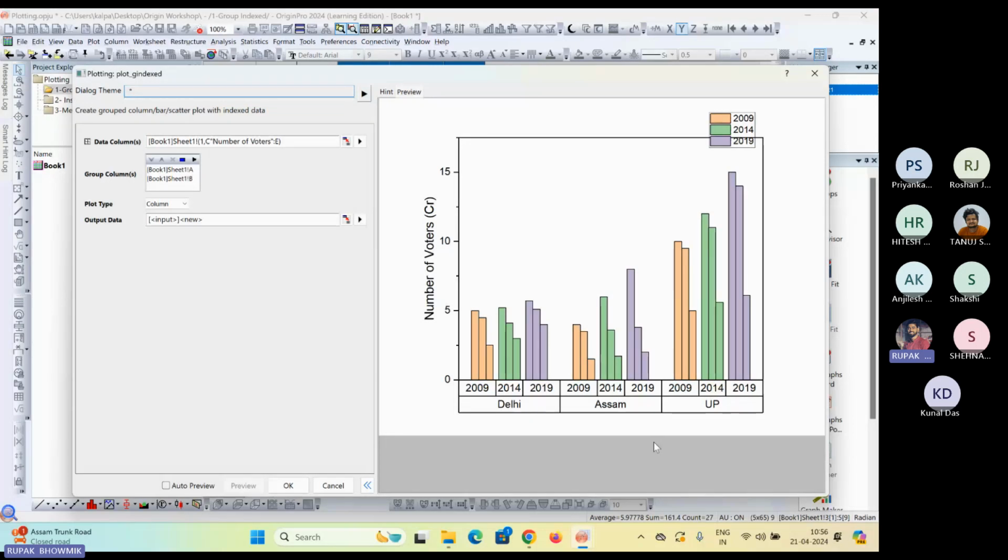For example, you want to compare the year-wise, election-wise state vote percentage. Here, for a particular state, you are comparing three different general elections. But if you want to do that alternatively, for a particular general election, how the state voter percentages are varying. Okay, so for doing that,